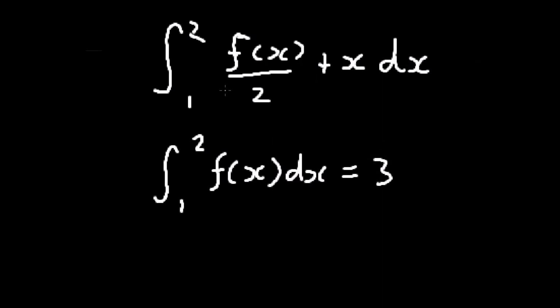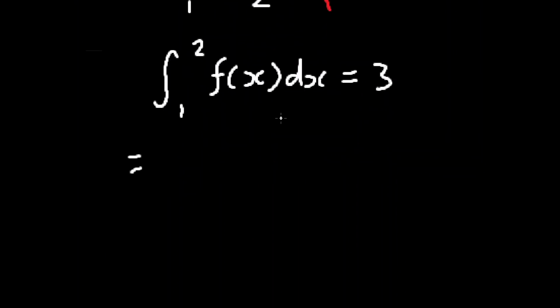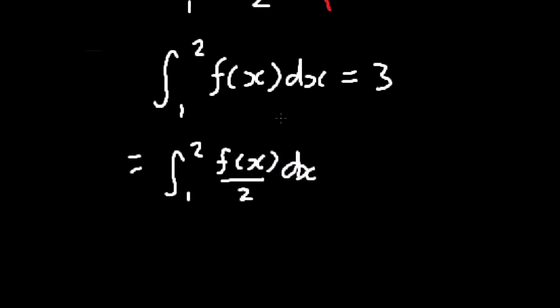So we need to somehow make the top equation or have some semblance of this bottom equation so we can substitute it in. Now, we can split our equation, the top one, across that plus and minus. Okay, so we can use this idea of superposition. Basically it just means you can add and subtract and it's equal to the same thing. So let's do that. Let's split it across. And so we've got that f of x divided by 2 dx, and then plus this guy here from 1 to 2